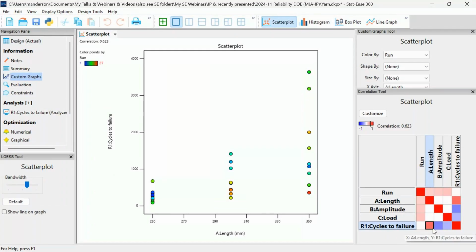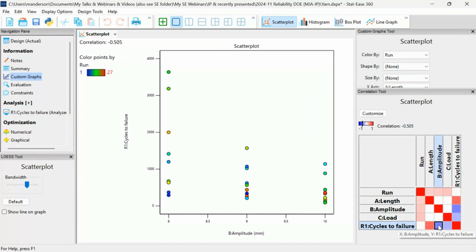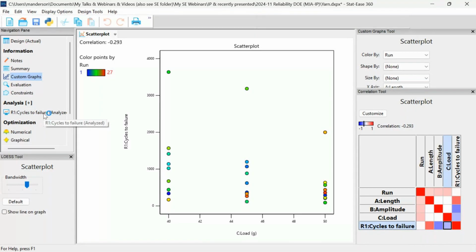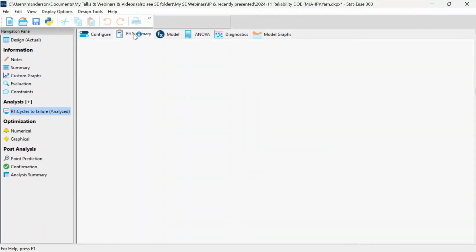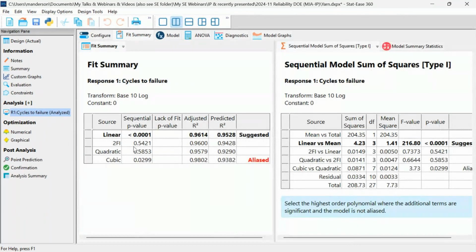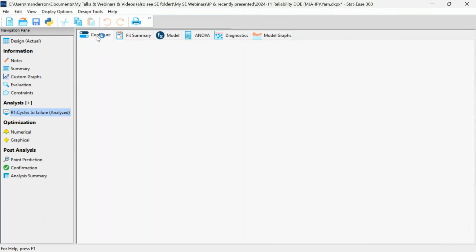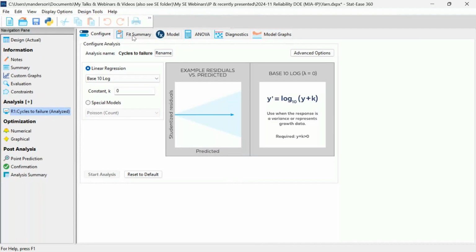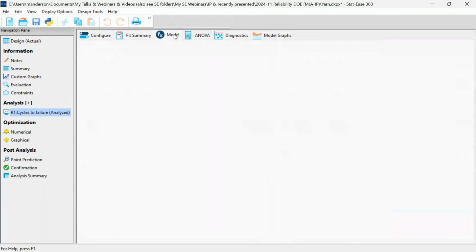I always would start by just eyeballing the data on the length, the main effect of length, the main effect of amplitude. Since these are numeric, we're actually getting a shaded view, with red being a positive correlation. This is a fairly high correlation of 0.623. Blue being a negative correlation, this is a fairly high negative correlation of minus 0.505. And then the load didn't have quite as much of an impact, so that's kind of a pale blue color. And from here, it's just kind of a standard analysis using the polynomial models. This one is already set up in the log scale because of it being such a broad range. And so it turns out to be linear in log.